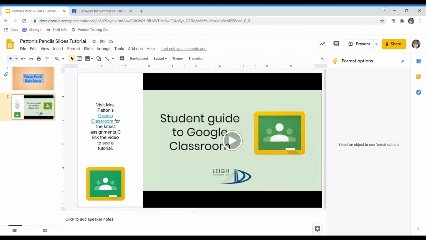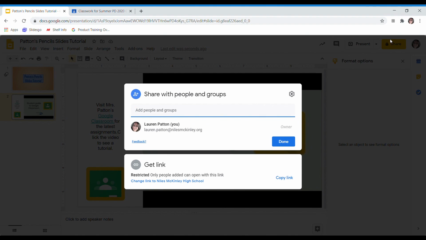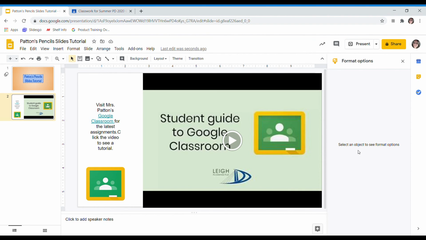Something that you might need to pay attention to is these two buttons here. You have your share button. Most of you are very adept at sharing it. It asks you who you want to share it with. You just type those people, change the link to make sure they're within our school, or this present mode. It's sort of a preview button to see what you're